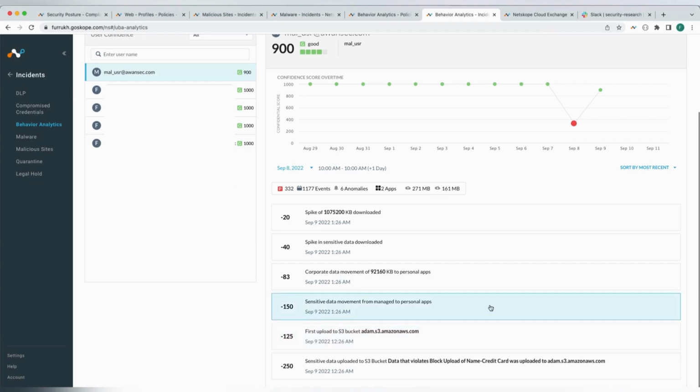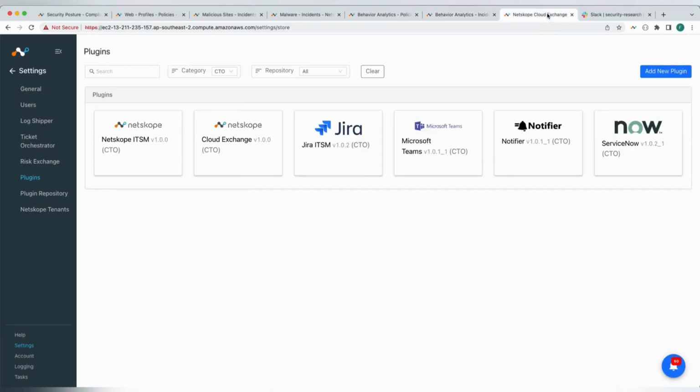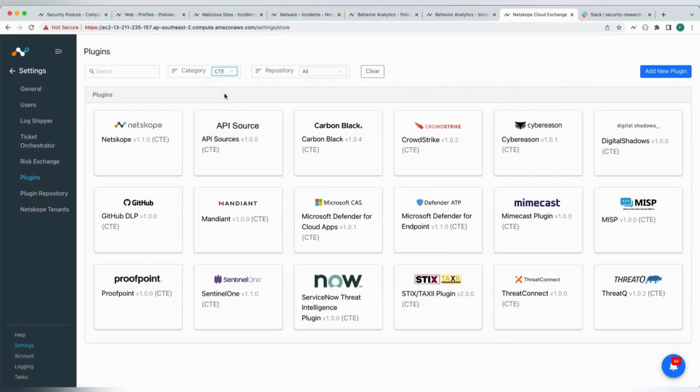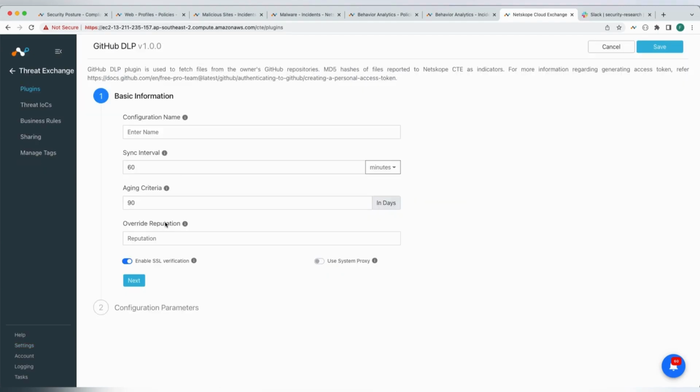Netskope also works with third-party vendors from a cloud exchange perspective. This is the cloud exchange platform in which we've got 4 main modules. From a threat detection perspective, we've got this cloud threat exchange platform, which we can leverage to not only import IOCs, but also share intel with the likes of Carbon Black, CrowdStrike, and others. What I'm doing right now is using GitHub as my third-party source to import IOCs like MD5 or SHA-256 hashes as part of my malware scanning